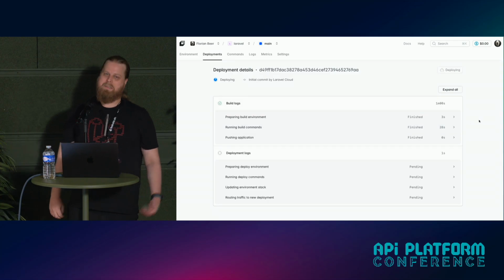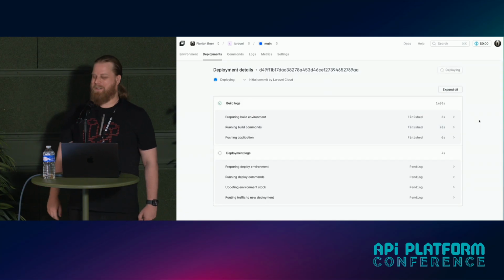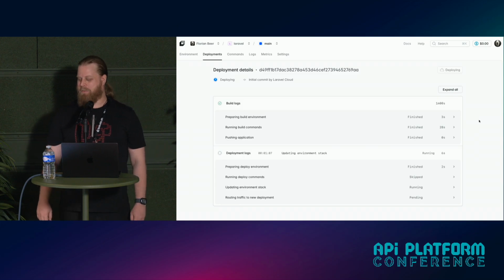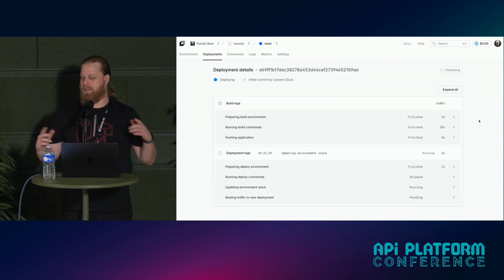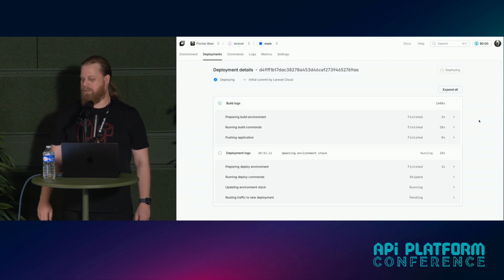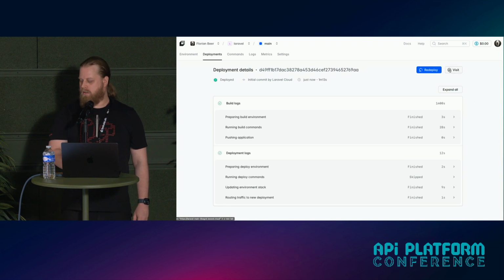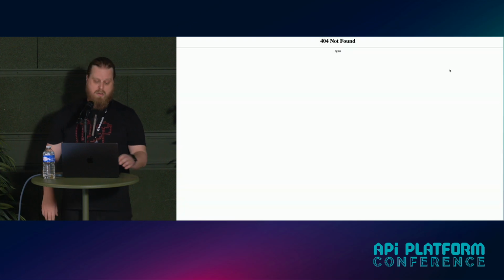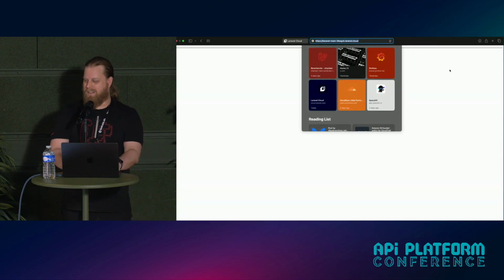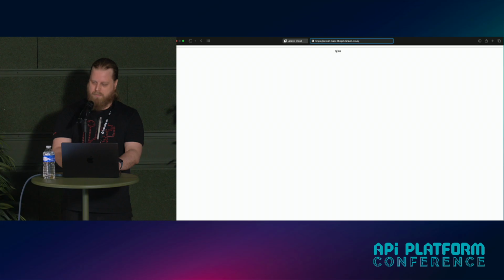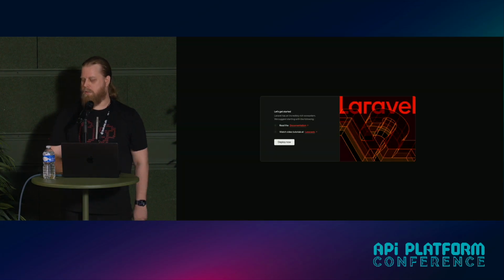We're past 1 minute. We failed our promise today, I'm sorry. Usually it's pretty quick. Of course, it depends on how many deploys are running, but usually you're at about a minute, and there we go. Here we have our, oh no. Let's maybe bust the cache. Yeah, here we go. So we've got a Laravel app running.